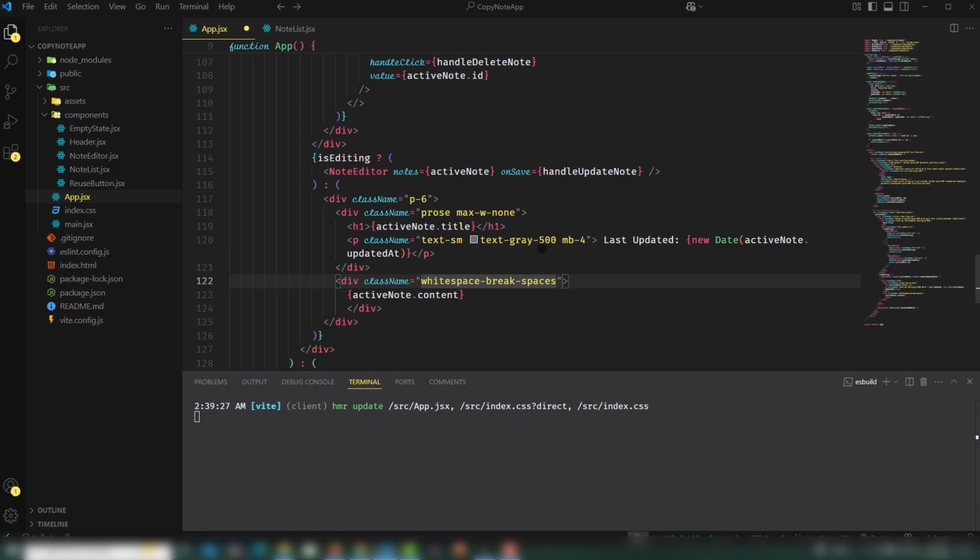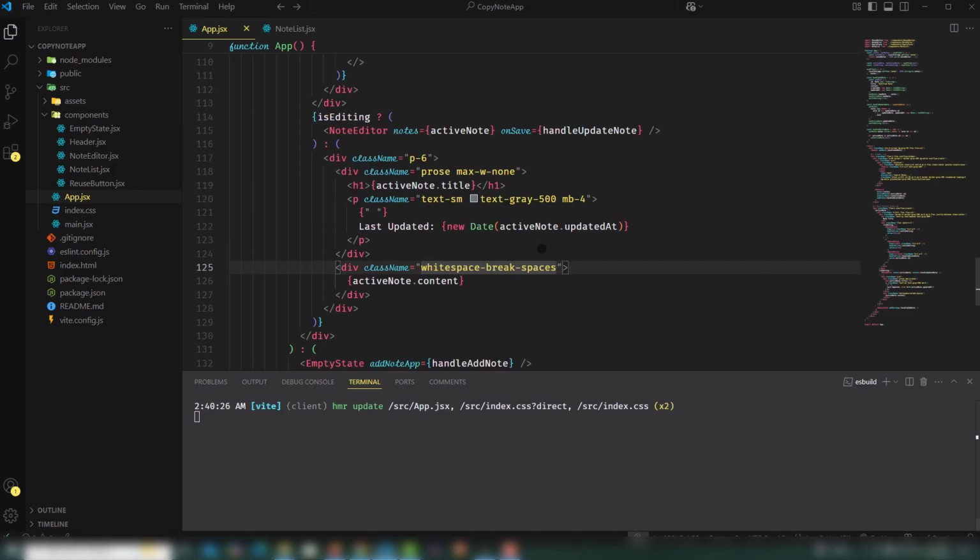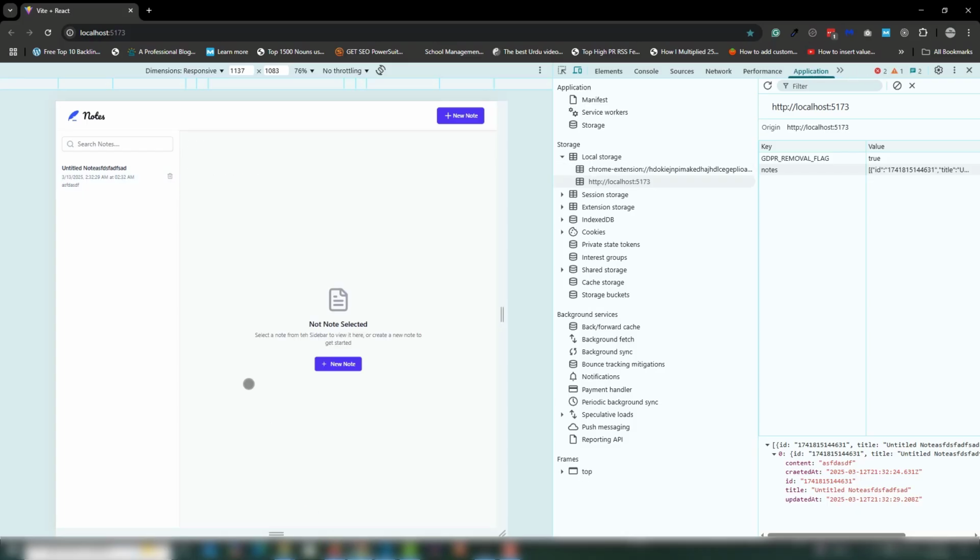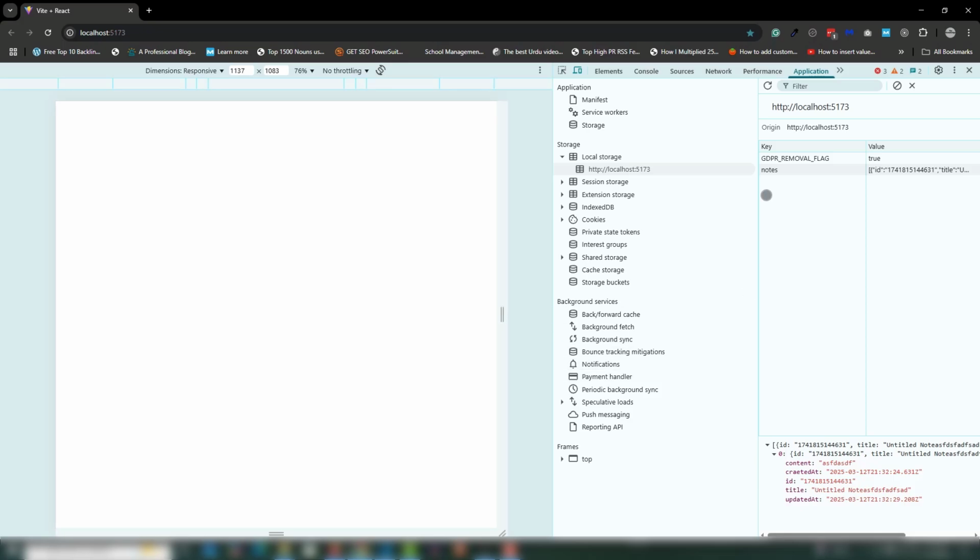pre break, not this one, white space pre-wrap. Yeah, so I'm going to save the file and click on it. Okay, I think